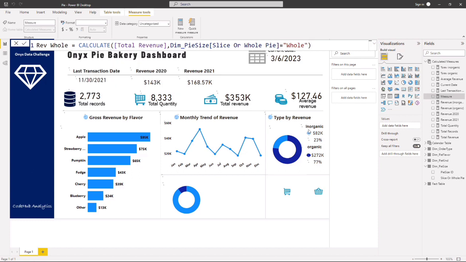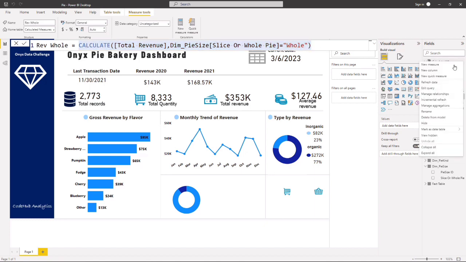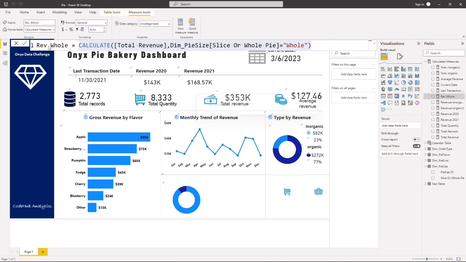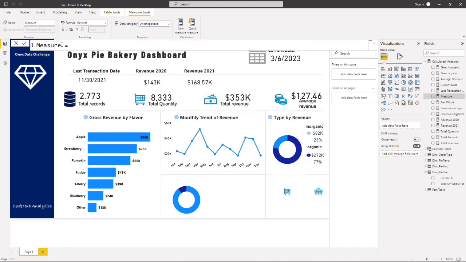Okay, and then I'll copy this. I'm going to copy this, add under new measure, so the revenue for the slice, now revenue for the sliced pie. All right,